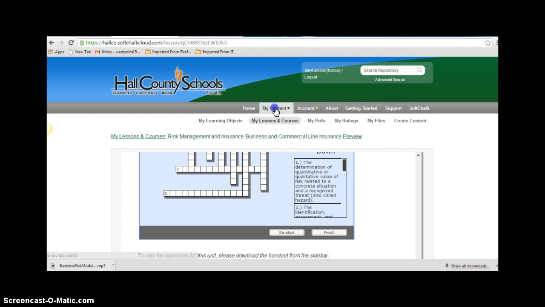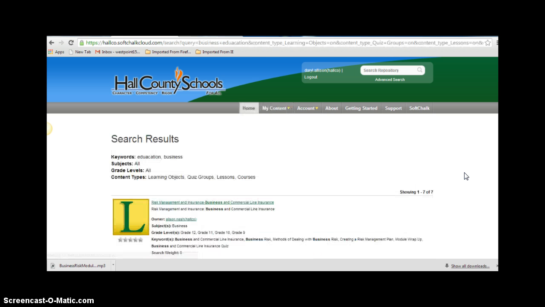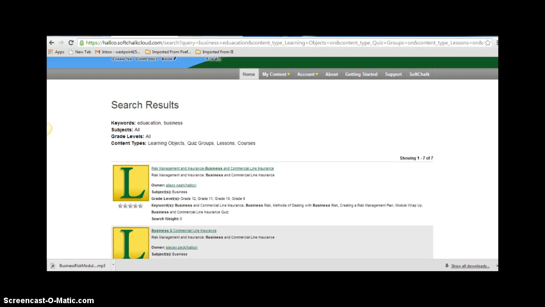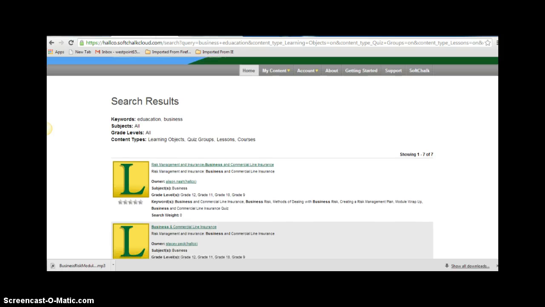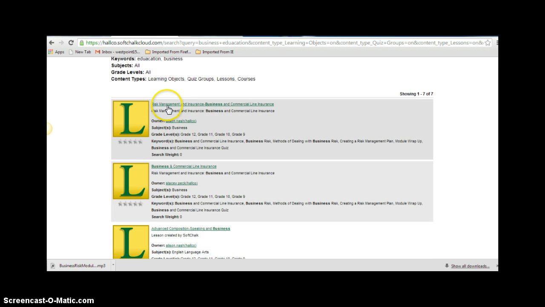One other thing, I'm going to go back to my content. One other thing that SoftChalk allows you to do is if teachers have saved a lesson to the public drive, you can go up into this repository and then find lessons. And when you do this search, it's going to search all the public lessons, and it's going to list the results. So here's all the public lessons under education and business as the keywords, all, and then you can see the different lessons that will show up. Here are the titles,